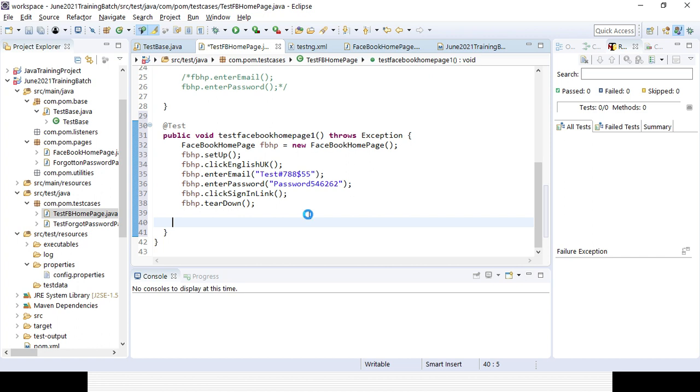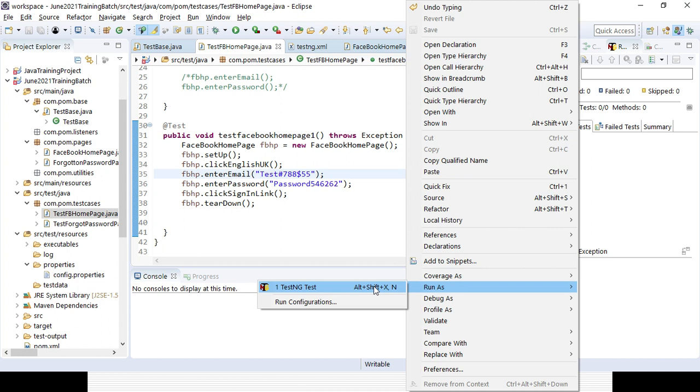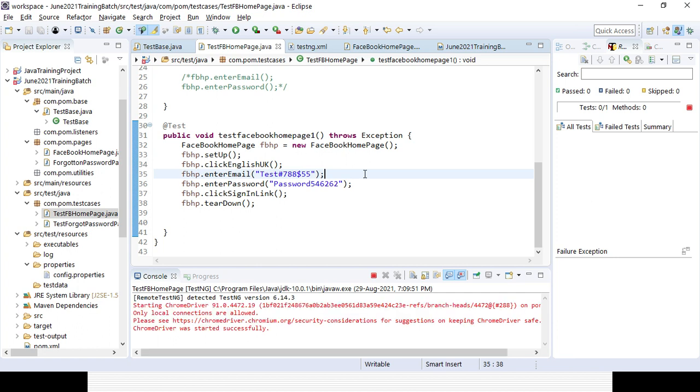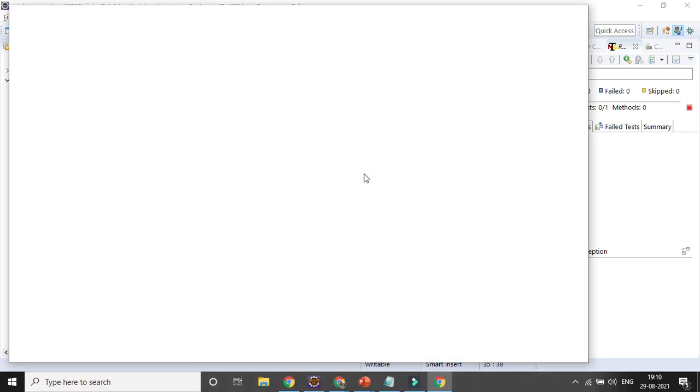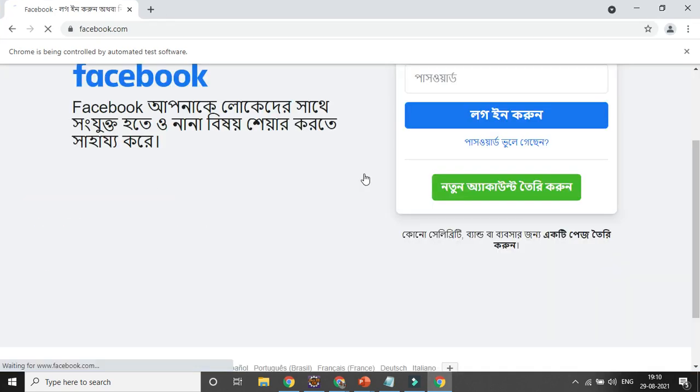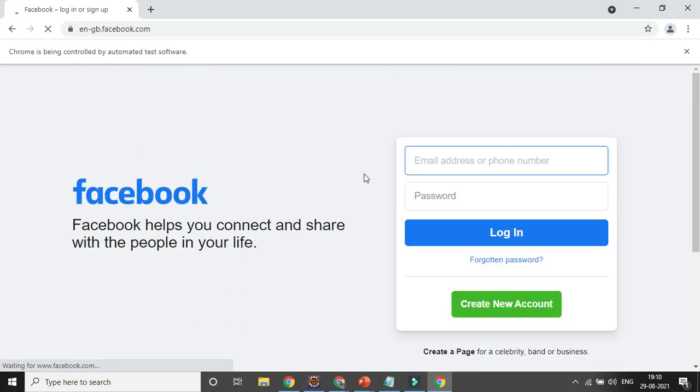Now if you want to run it, first you can run it from the TestNG class level, and it will run successfully. Right now there are 2 test cases. It will run based on the alphabetical order available at the class level. So in a single class you can have multiple test cases.